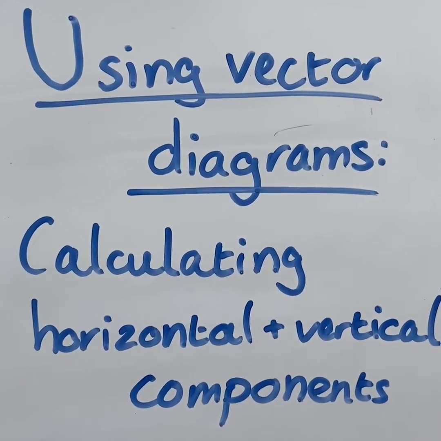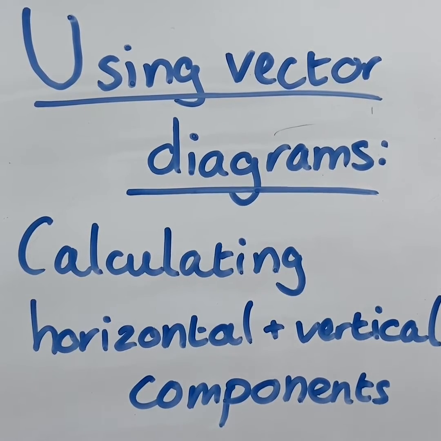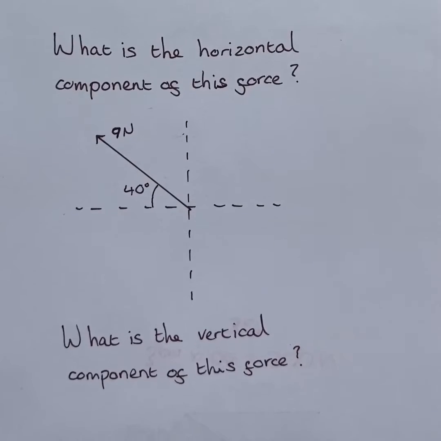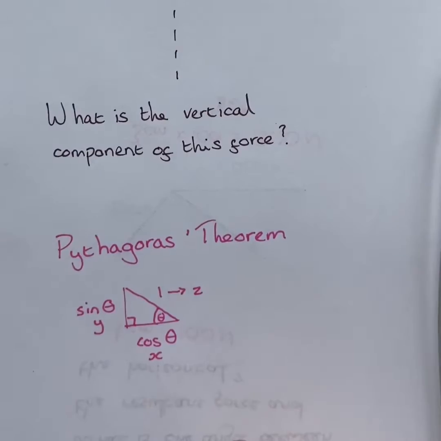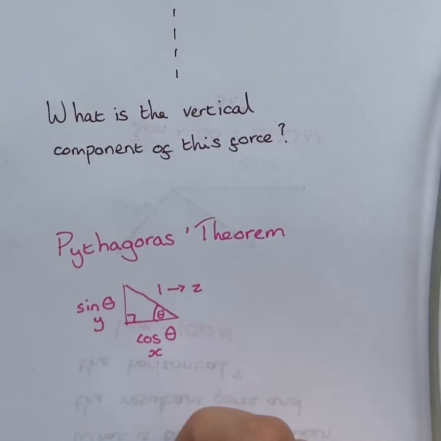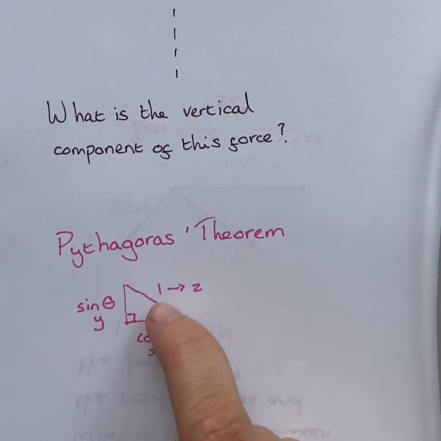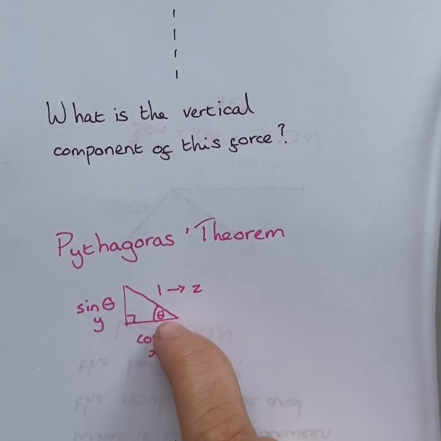Using vector diagrams to calculate horizontal and vertical components. The only things we need to do this is our calculator and a little bit of knowledge of Pythagoras' theorem. So Pythagoras' theorem tells us that if we have a hypotenuse of a length of 1 and an angle theta,